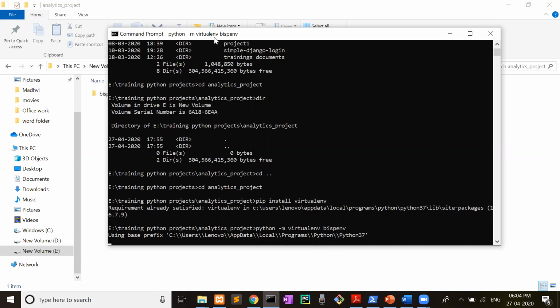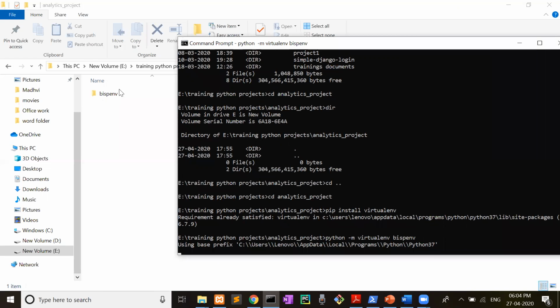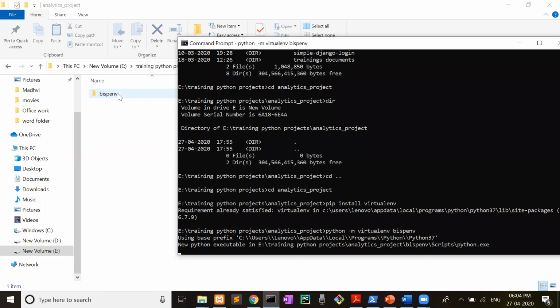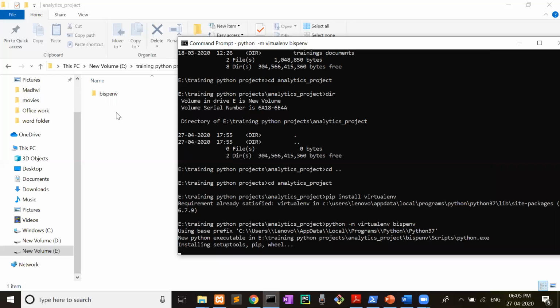Now see here in the back side, this bisp env is already created. It is installing all the necessary packages. It will take a little bit of time.